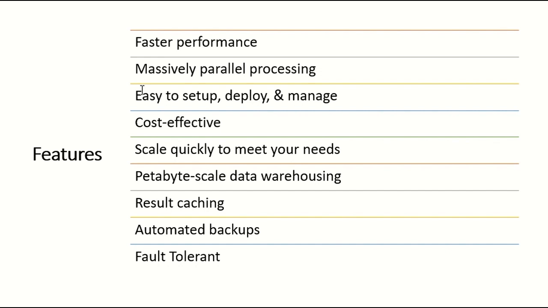Petabyte scalable data warehouse. So you can query from hundreds of GBs to petabytes of data. Result caching. So when you query data on top of Redshift, it captures the result and holds it in the cache. Automated backup. So within some duration, there will be an automated backup of the data in Redshift for a particular period. Fault tolerance. So whenever data is lost from one of the nodes, the data is brought again into that node by having a hard check for a particular period of time.